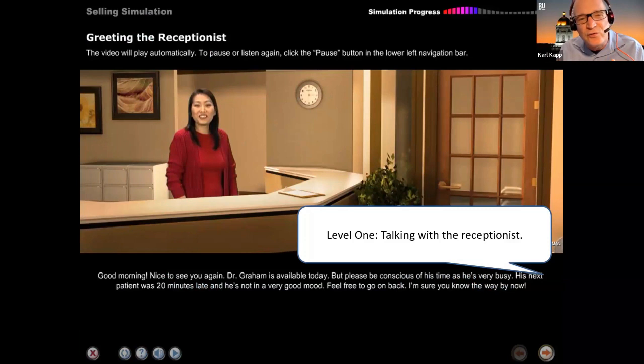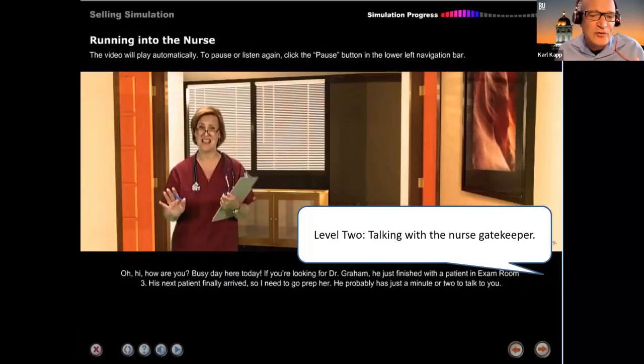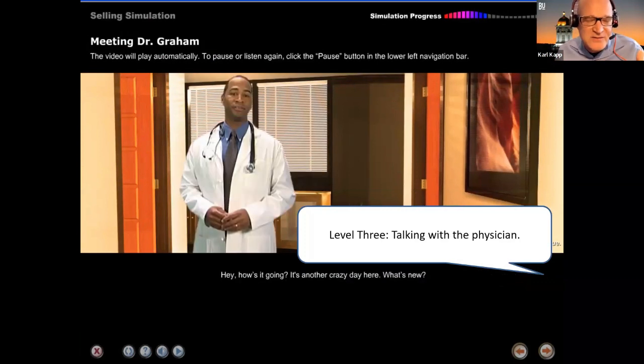And then you can add levels or excitement as you go through your gamified experience as well. So here's one. This is three different levels. So level 1, you're talking to the receptionist, so you jump in the middle of this call. Or level 2, you jump in the middle of a call with a nurse who's a gatekeeper, right? This is a typical branching scenario. The third level is you're talking to a physician, right? So you can jump in.